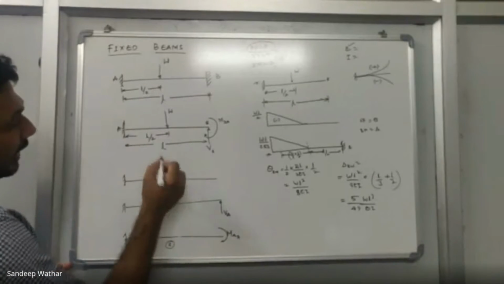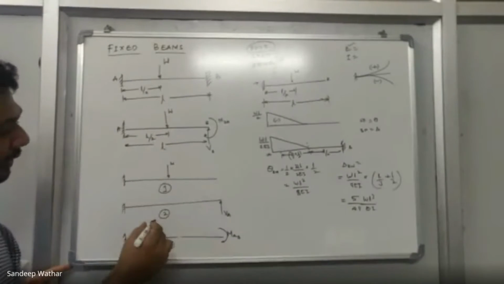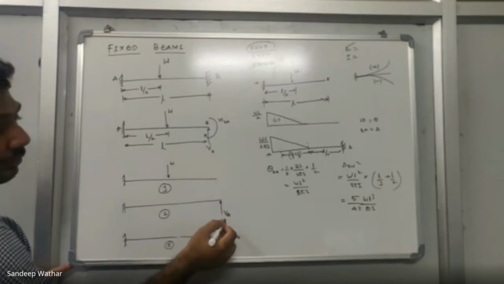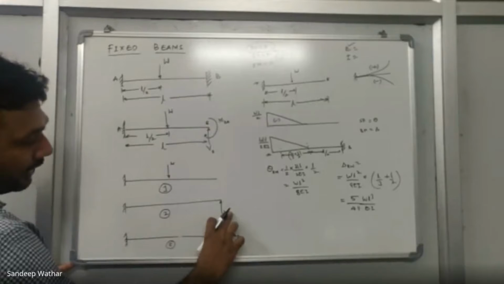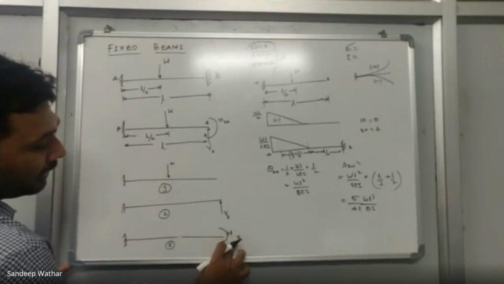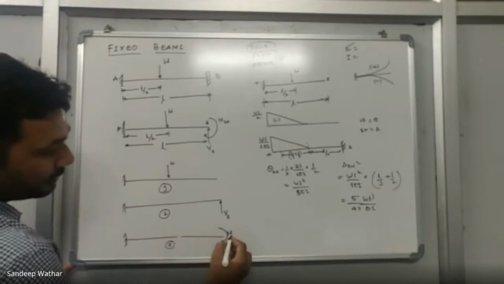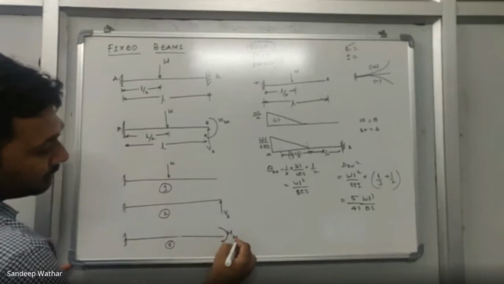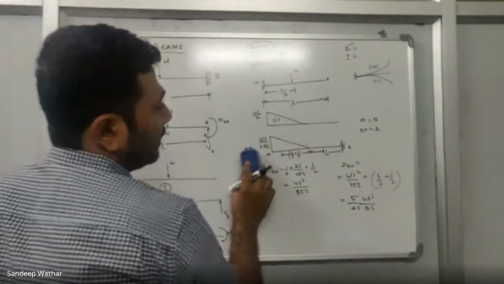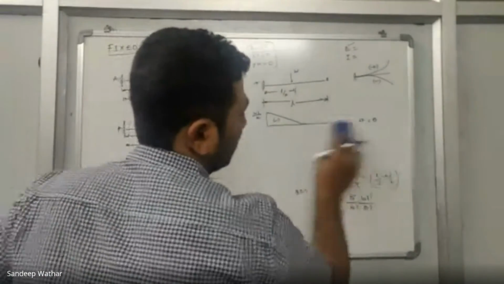So in the first case, I have applied the vertical load itself. In the second case, I'll be applying the reaction. What is this reaction? Vertical reaction at B. See, I have made a small mistake here. I have to make this as VB. I hope you are not making that mistake. This will be MBA. Okay. Now let me erase this part. I hope you have all written this.